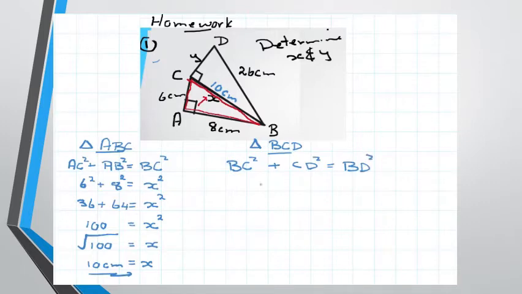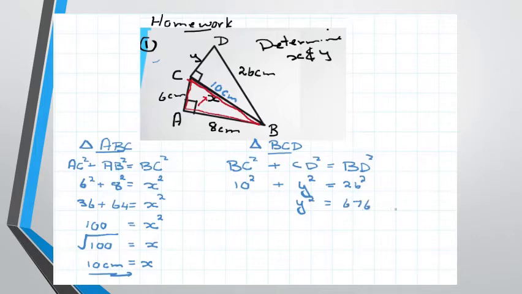square. Now we're going to do the substitution. Remember that BC was determined previously to be 10, squared in this case, plus CD, the one I would like to determine, y, squared, equals BD, given to me to be 26, squared. Then let's put the y square down first. That's the one of interest at the moment. 26 square is going to leave me with